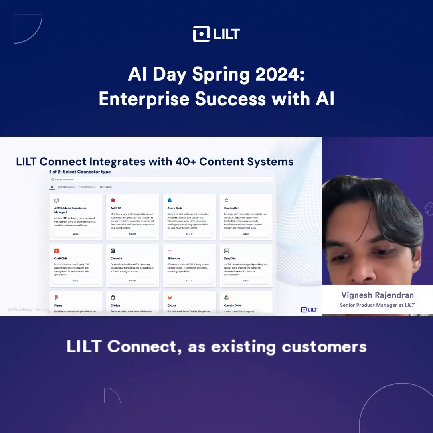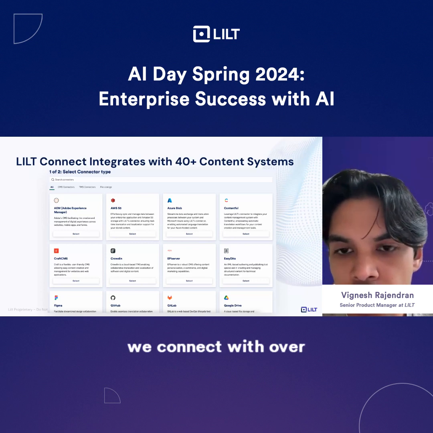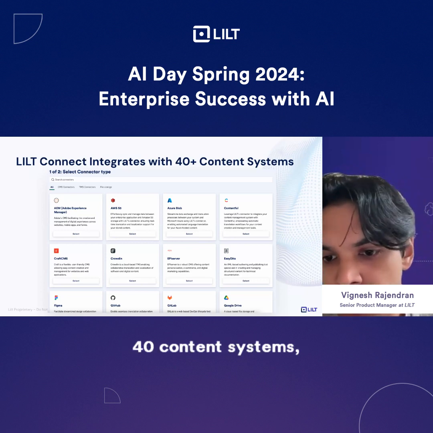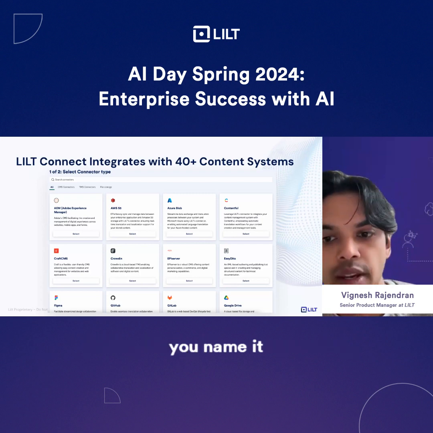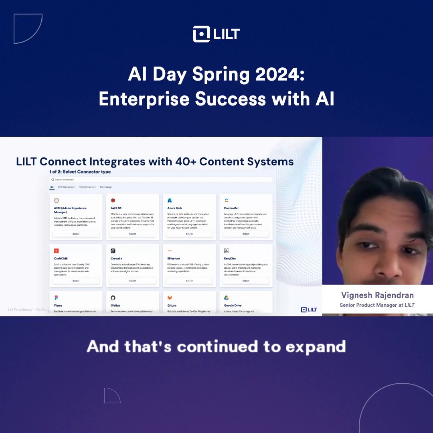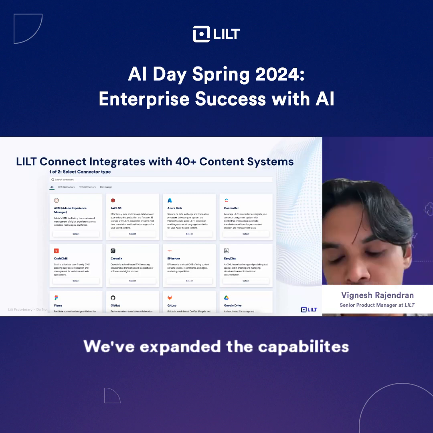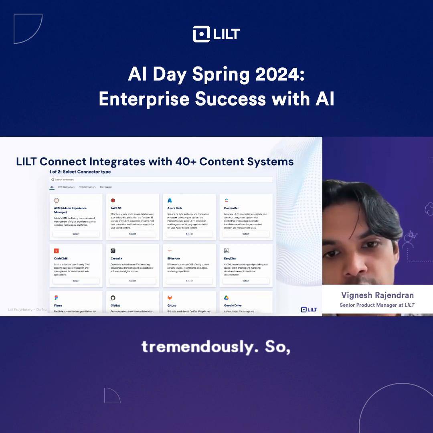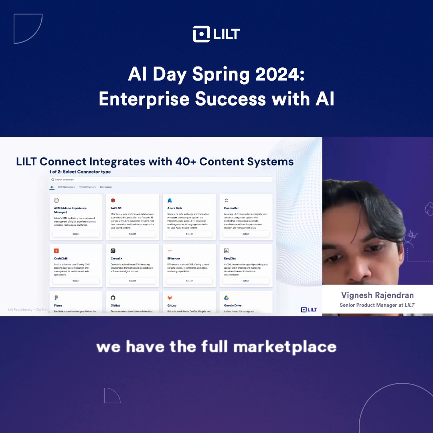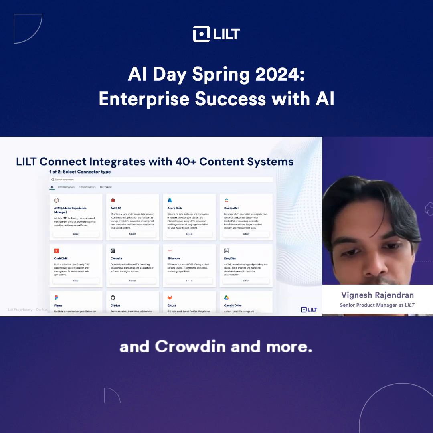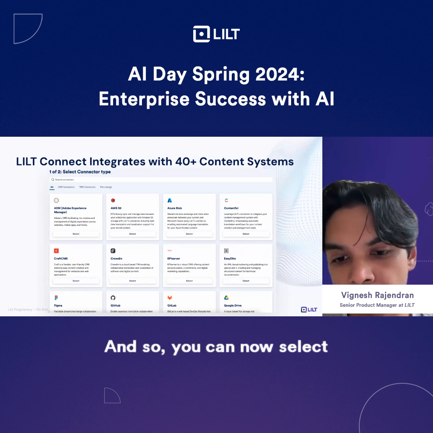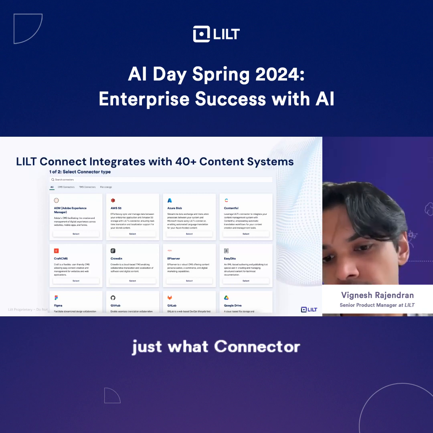LILT Connect, as existing customers of LILT know, we connect with over 40 content systems, TMSs, CMSs, file storage units, you name it, and we're able to support it. And that's continuing to expand every quarter. We've expanded the capabilities tremendously. So you can see here now we have the full marketplace of providers, things like S3 and Contentful and Crowdin and more. And so you can now select as your first step just what connector you actually want to be